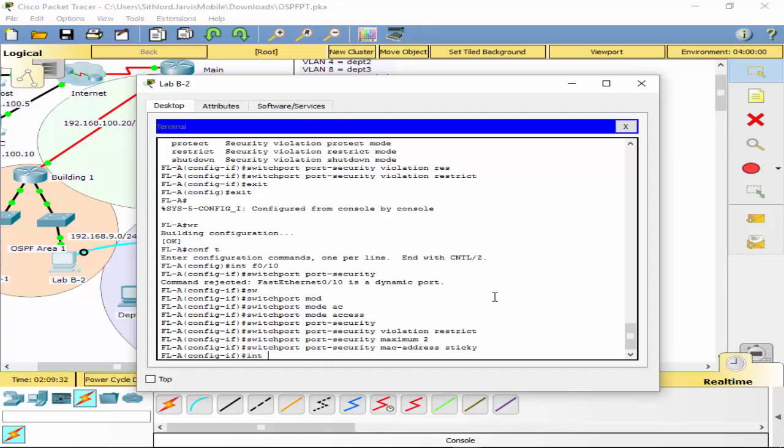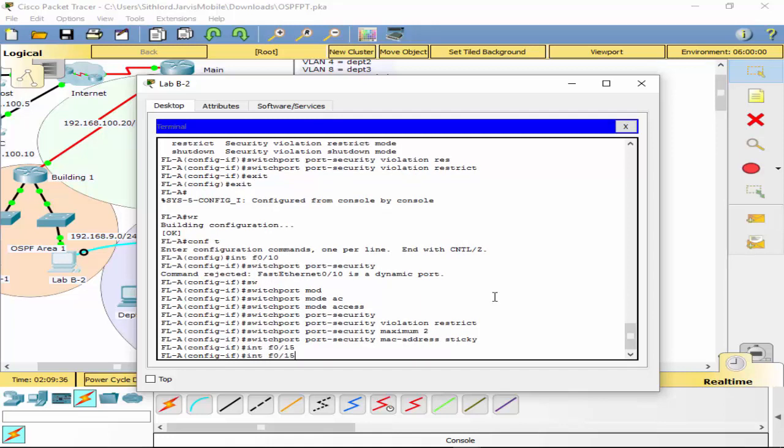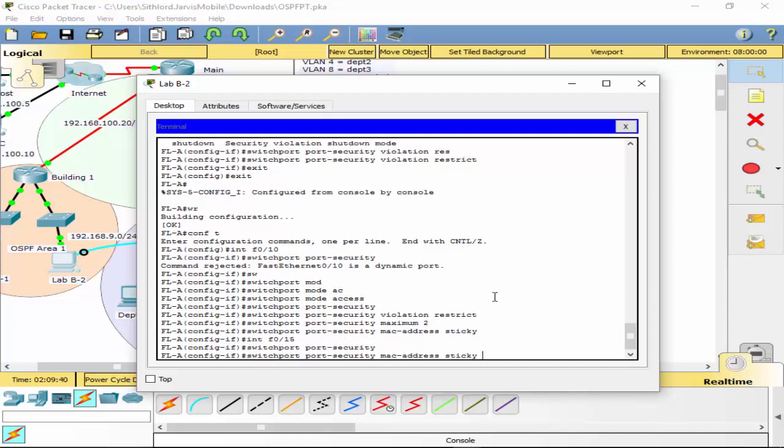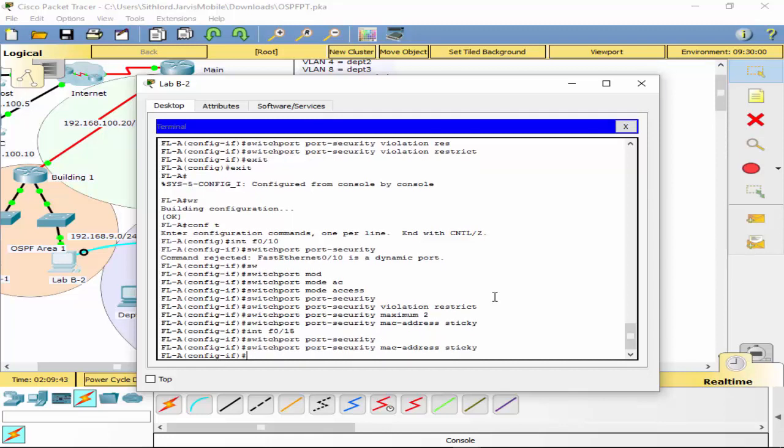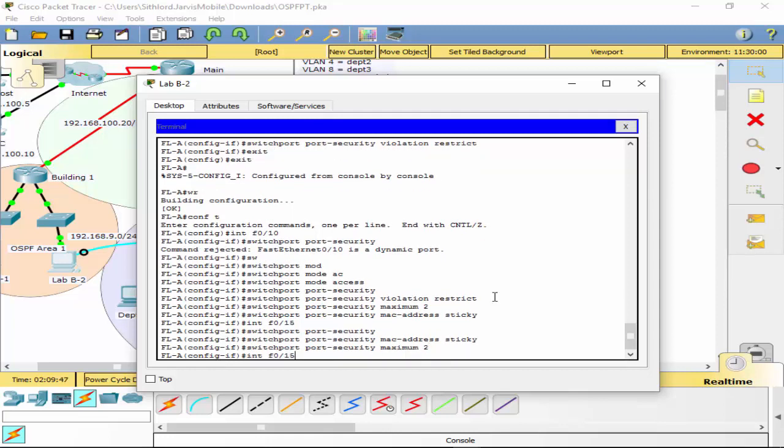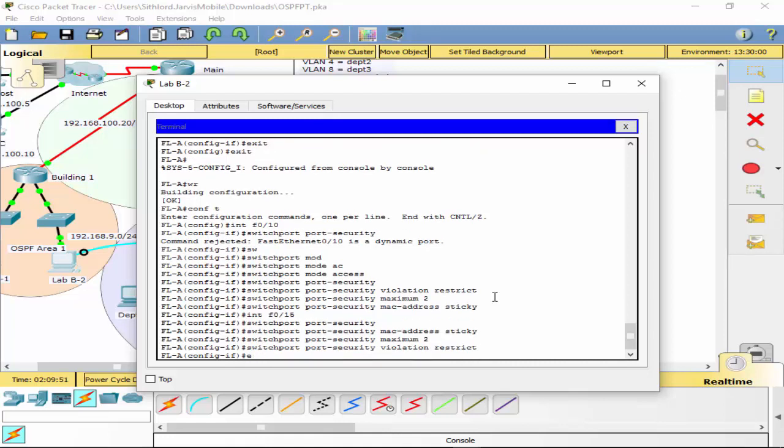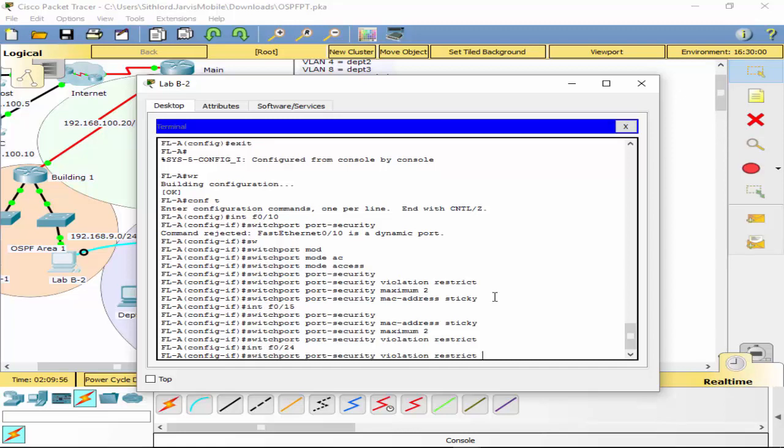Alright, so then we do interface F015, port security, sticky, maximum 2, violation of restrict, interface F024,